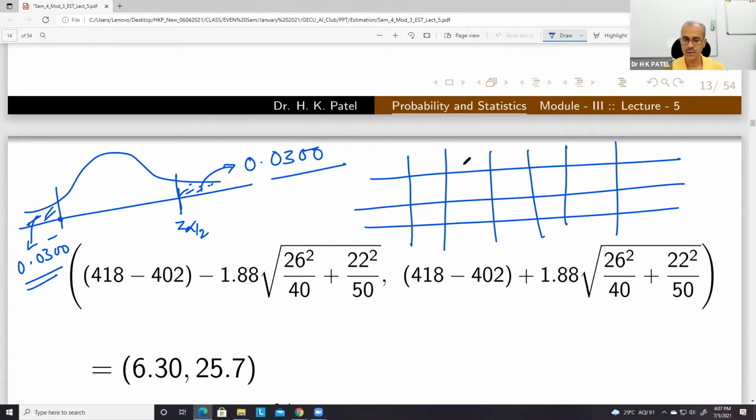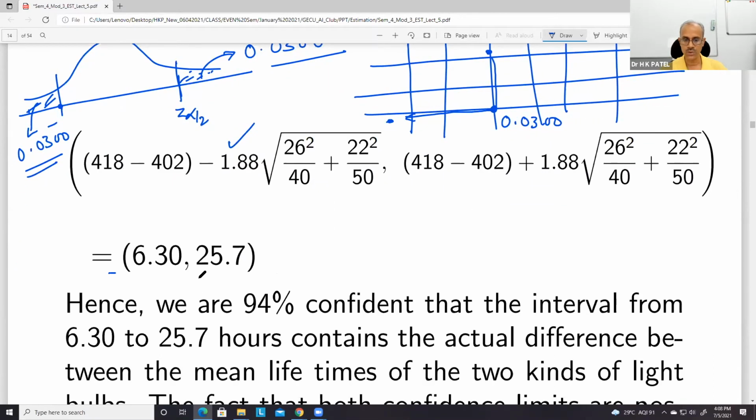So like this, you may find this number somewhere. If this is your number, say 0.0300, then correspondingly move horizontally here, you will get some number here, and move upward, you will get some number here. You add these two numbers, it will be equal to 1.88. So in this way we can find. So if we calculate this, the value comes out to be